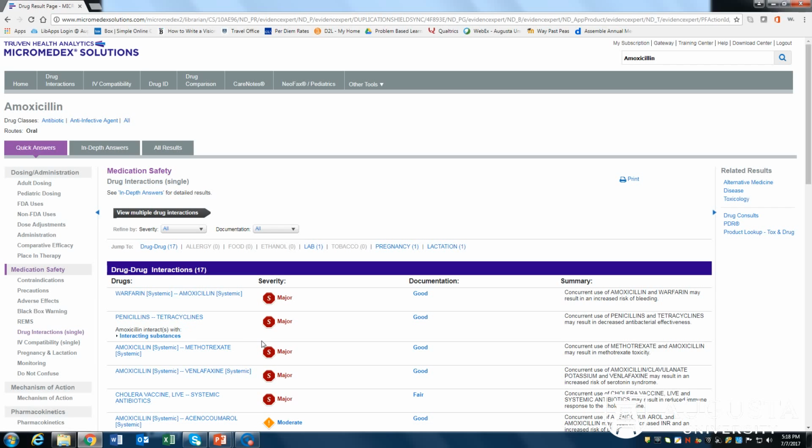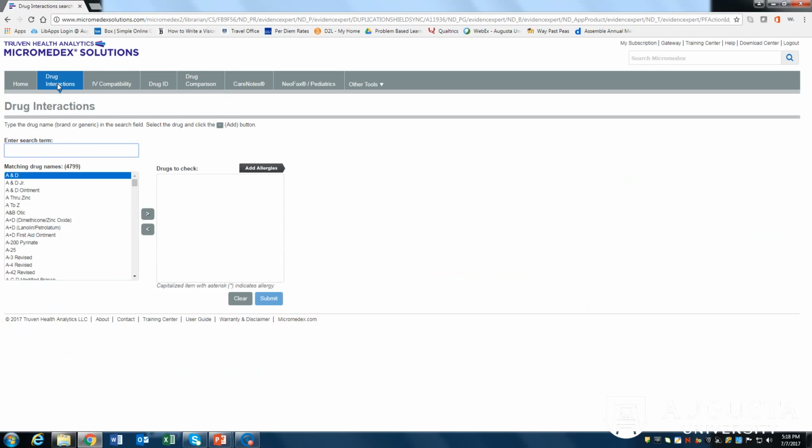You can also see that there are ways to learn if the drug has any allergy concerns, adverse interactions with foods, alcohol, and so on. The other way to find interactions information is to click on drug interactions from the gray bar at the top of the page. If you want to look up interactions between specific drugs or drugs and food, we can use